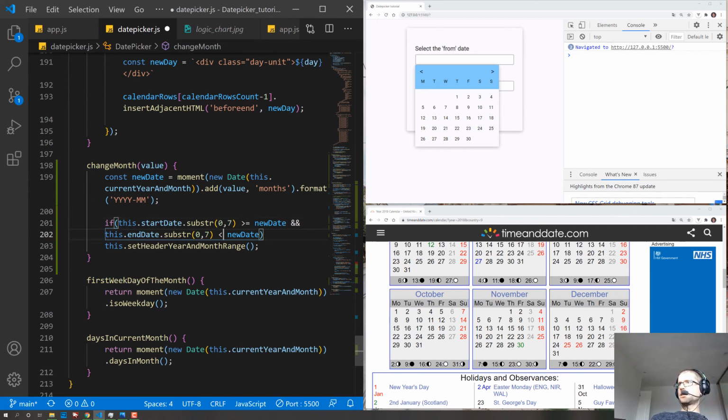That's where the date is set. So greater than, smaller than, equal. In that case,